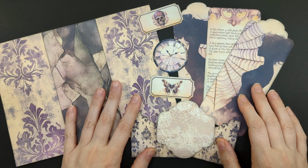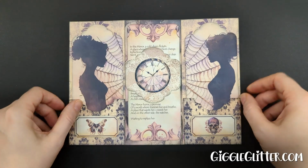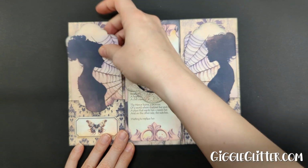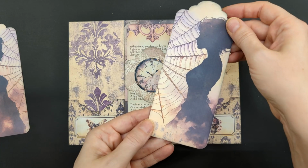Hey guys, I'm April from Giggle Glitter Graphics, and today I have another free printable project for you. This is my Mirror of Shadows Trifold kit, and it is a free printable that matches this week's new kits